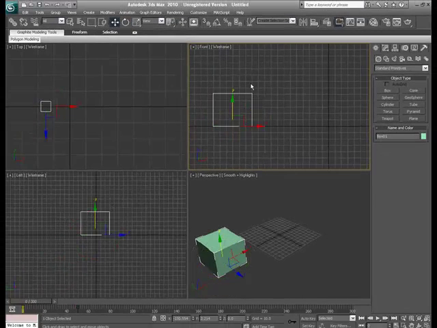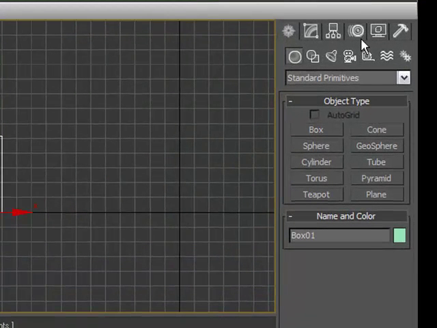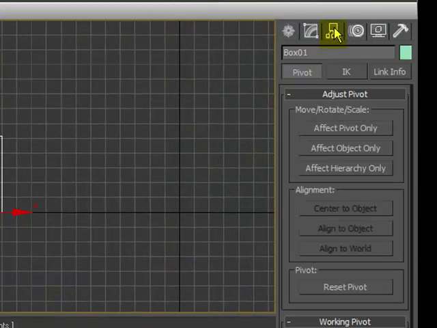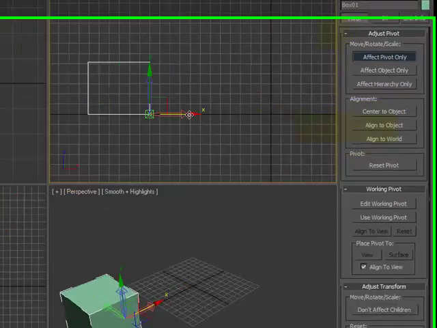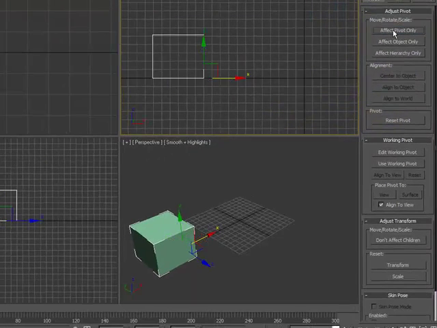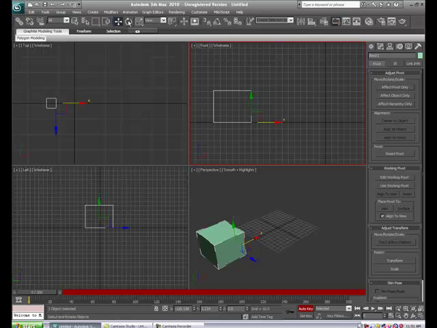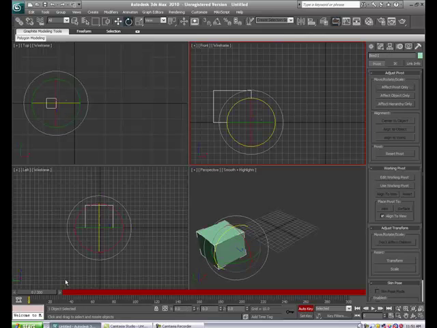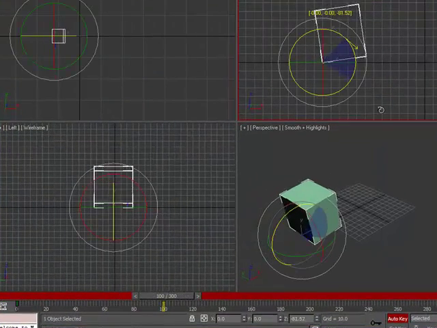So we go back into, remember what we had here. We'll go ahead and delete that animation, and we're going to edit the pivot point on this box by going into Hierarchy, Effect Pivot Only, and using the Move tool, selecting the pivot so it's on edge. Now I select to get back out of that mode, hit my Auto Key, and now I'm going to rotate from 0 to 100. This box is going to tip over,